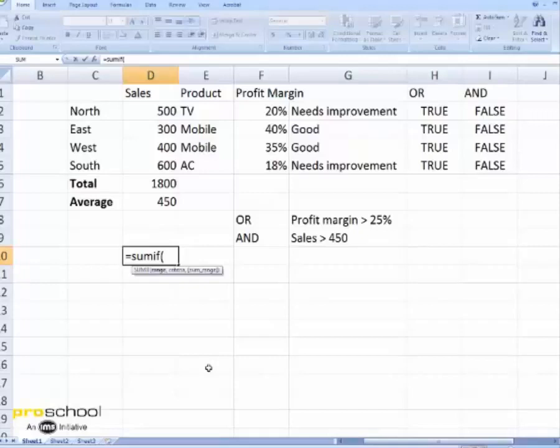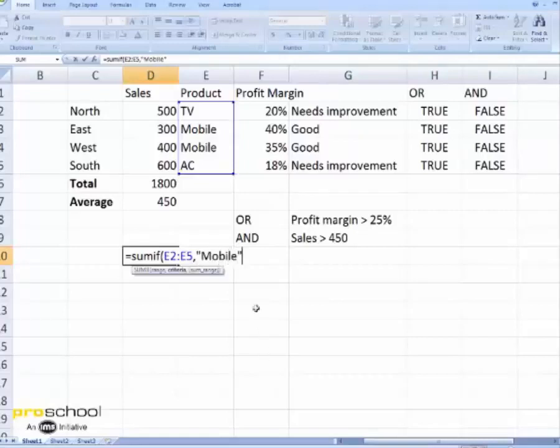As a result, your range is this product column. Comma. The criteria that you have is it should be a mobile. So on the range you want to apply the criteria mobile. So this criteria is given in double quotes. I say double quote mobile.